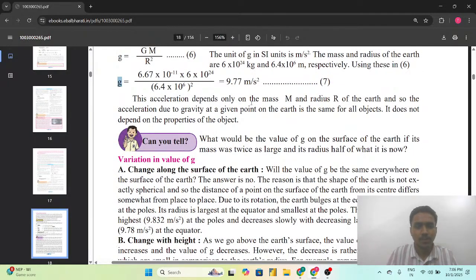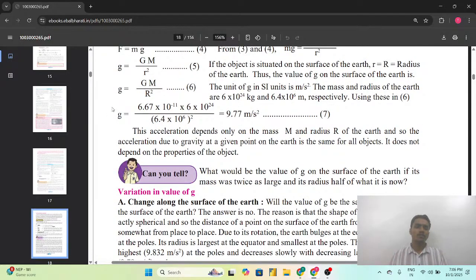So this acceleration depends only on the mass m and the radius r of the earth, and so the acceleration due to gravity at a given point on the earth is the same for all objects. It does not depend on the properties of the object. As we have calculated here the equation for g, that is acceleration due to gravity,